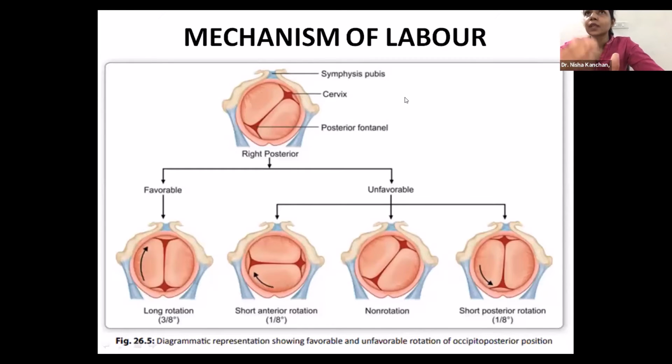When you do PV, the sagittal suture is lying in the transverse and it is not moving and it has got stuck there. Okay, this is non-rotation. If you look at the third slide, it is the same as the upper figure. It is occipito-posterior, which continues to remain occipito-posterior, and it's stuck there. It refuses to move anywhere, neither anterior nor posterior. This is called oblique posterior arrest or non-rotation. So the occiput gets stuck. It refuses to move anywhere.